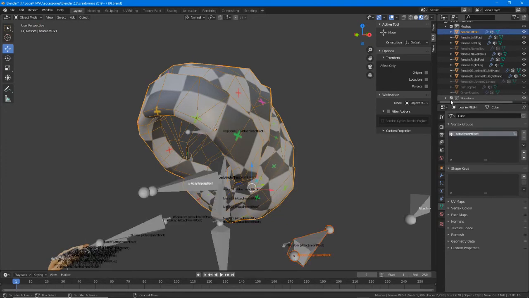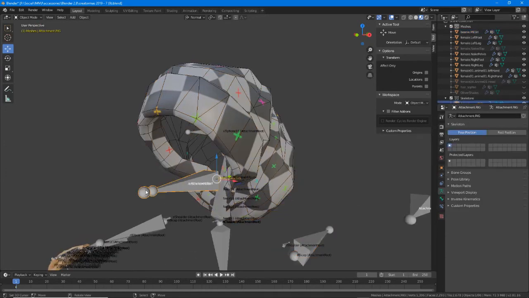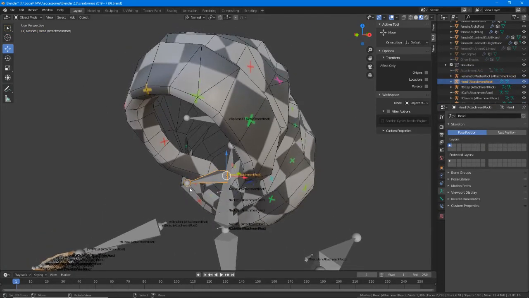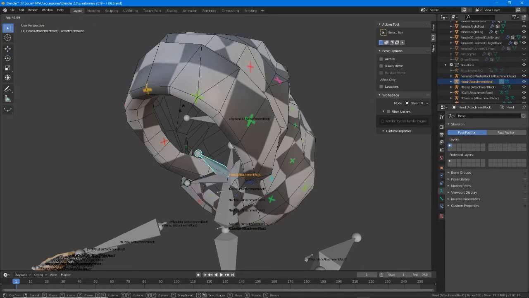Need to unhide the skeletons, hide that one, we want the head. So to double check this, select the armature that controls the mesh, which is the head bone, or the armature that represents the head as an accessory item. Select that, pose mode, select a bone, press the R key,